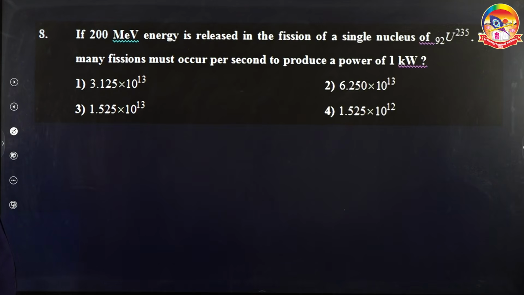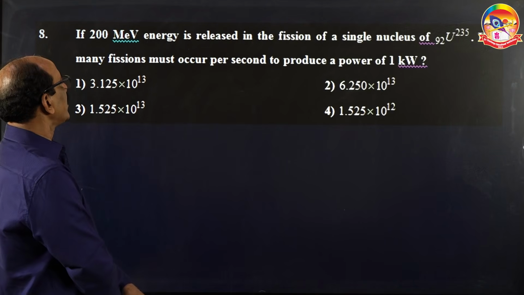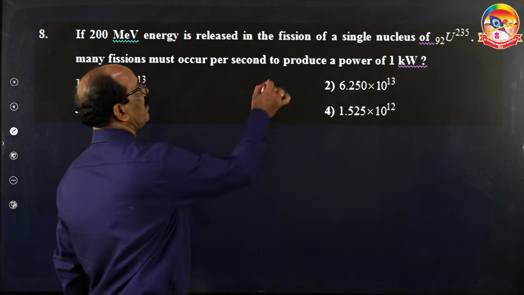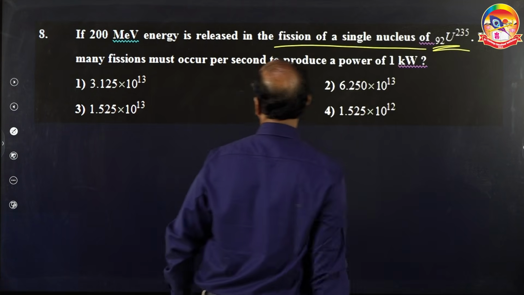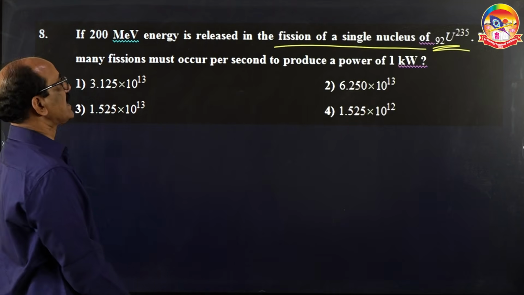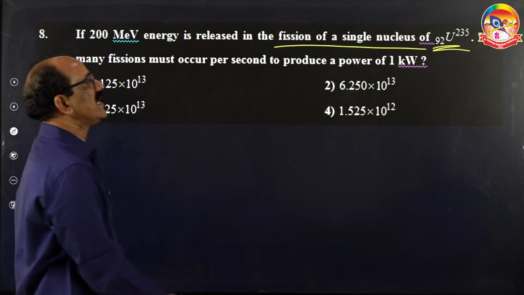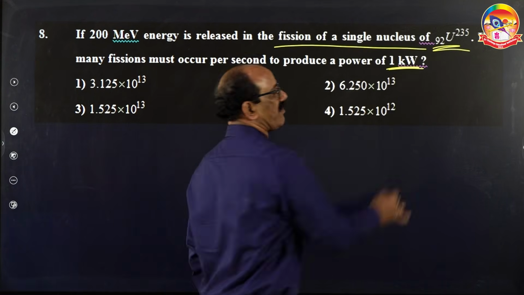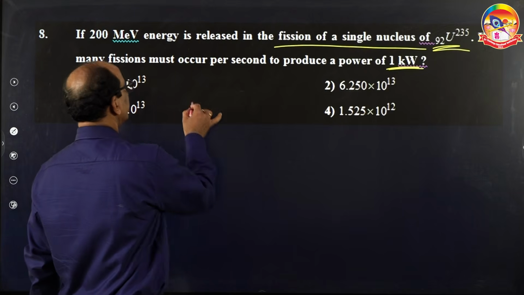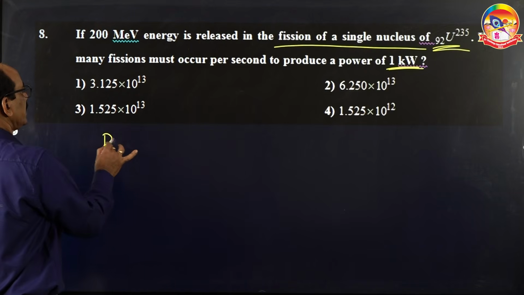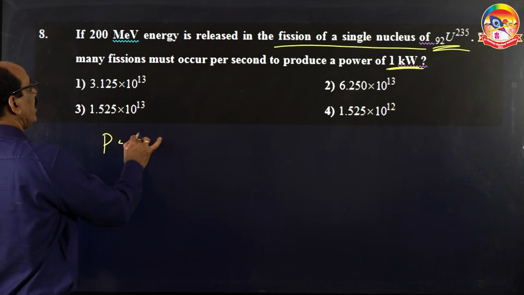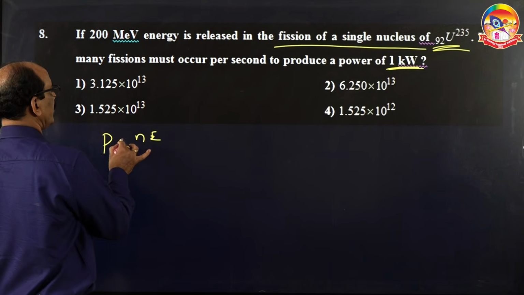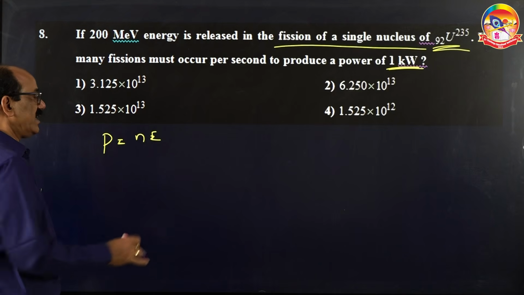Let us see the next problem. If 200 million electron volt energy is released in the fission of a single nucleus of uranium 92-235, how many fissions must occur per second to produce a power of 1 kilowatt? Now, we are talking about the power of a reactor. Power of a reactor, if you are asked to give it in terms of the number of fissions, is the number of fissions times the energy of each fission,